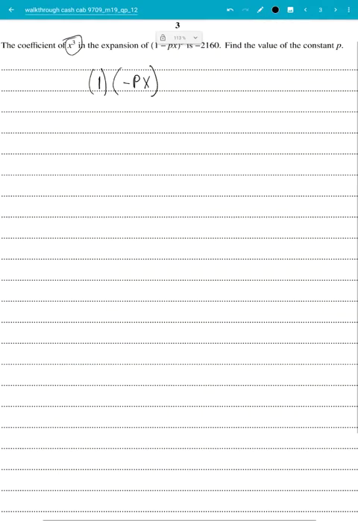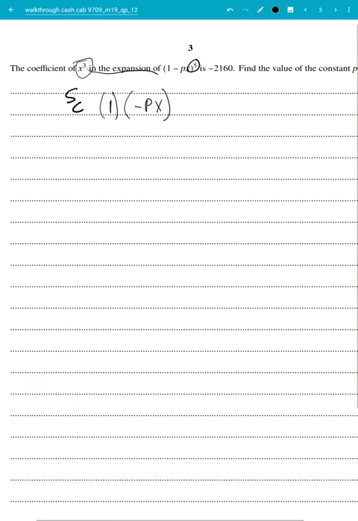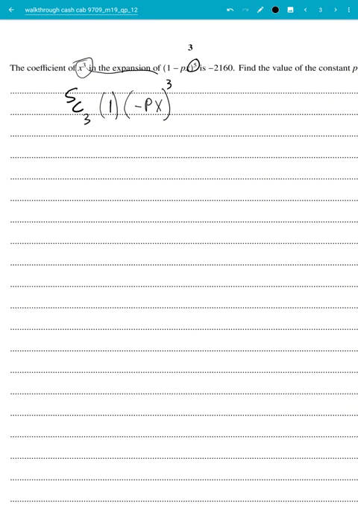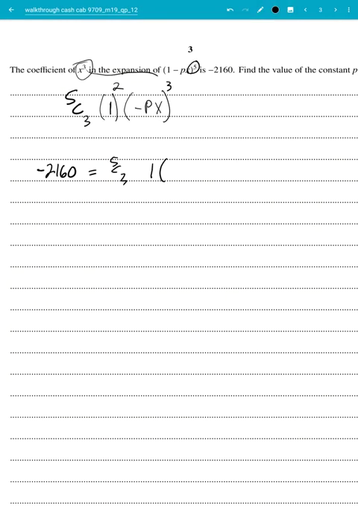And we're starting, our n is 5. So it's 5, choose something. We know we want it to be 3, so this is 3. And then this spot is n minus r, so it's 5 minus 3, so that's 2. So we know that negative 2160 is going to be equal to 5, choose 3, 1 times negative p cubed